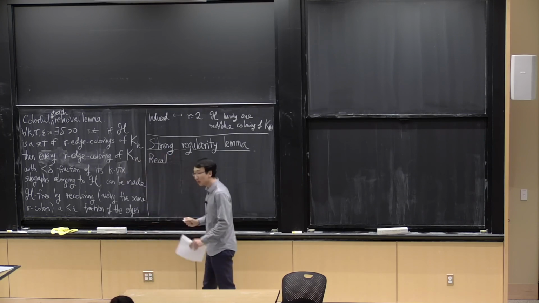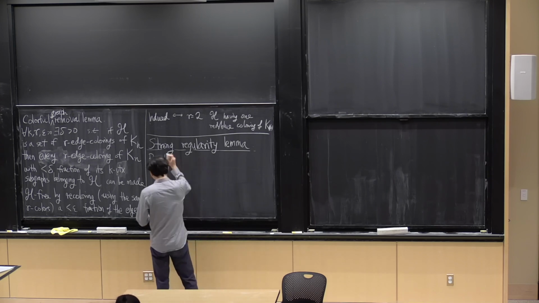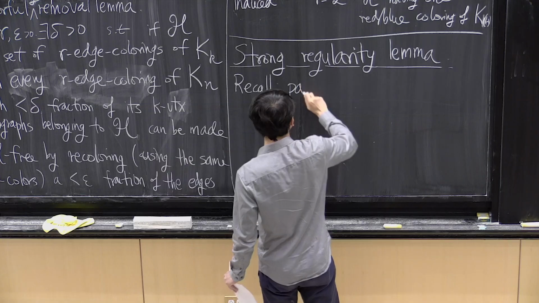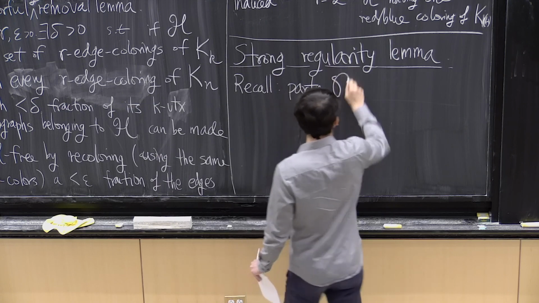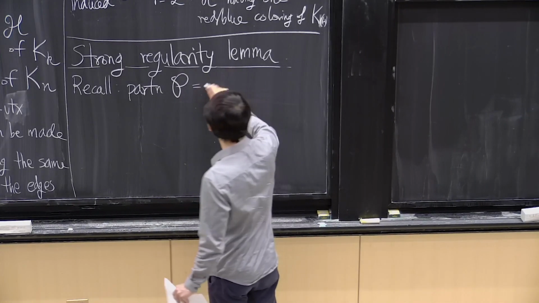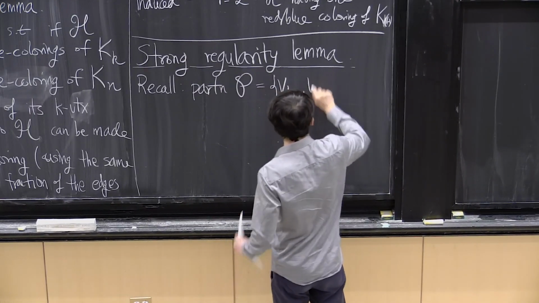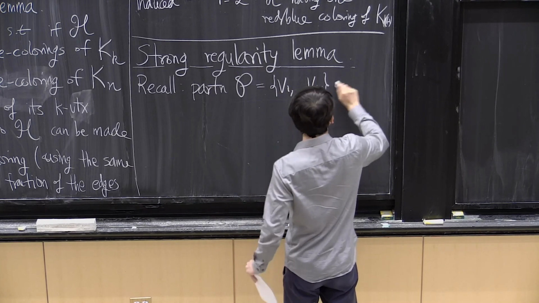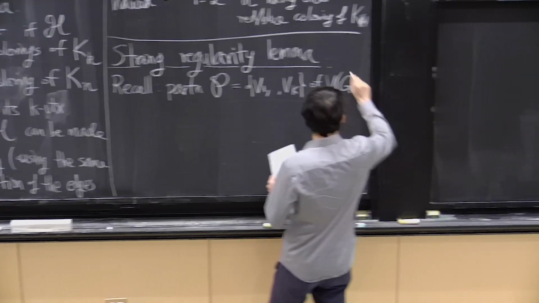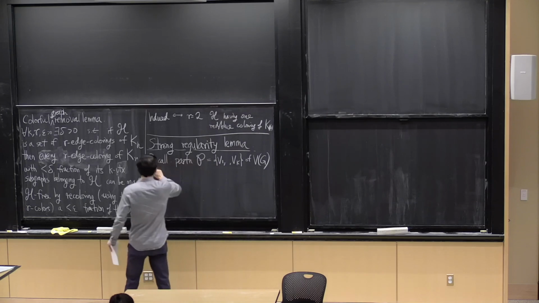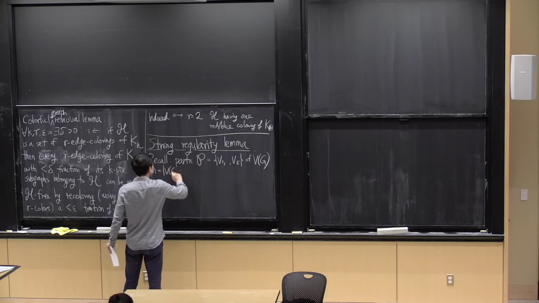And this was the notion of an energy. So recall that if you have a partition denoted P of the vertex set of the graph G, and here n is the number of vertices,